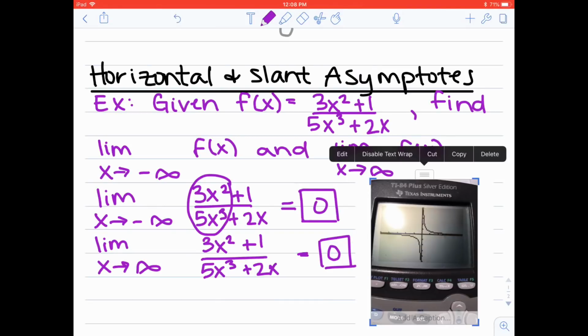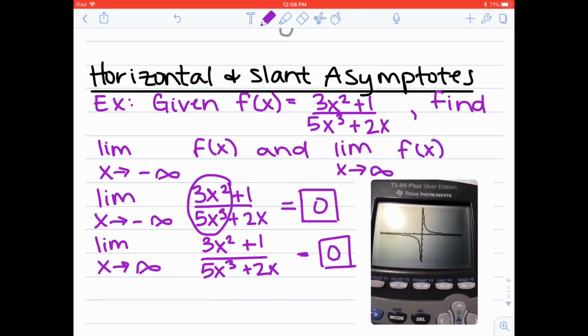You can see that as x is approaching negative infinity over here, it's approaching the x-axis, which is 0. As x goes to positive infinity over here, it's approaching the x-axis again, which is 0. And so you can see from the picture of the graph that it really makes sense that those are your